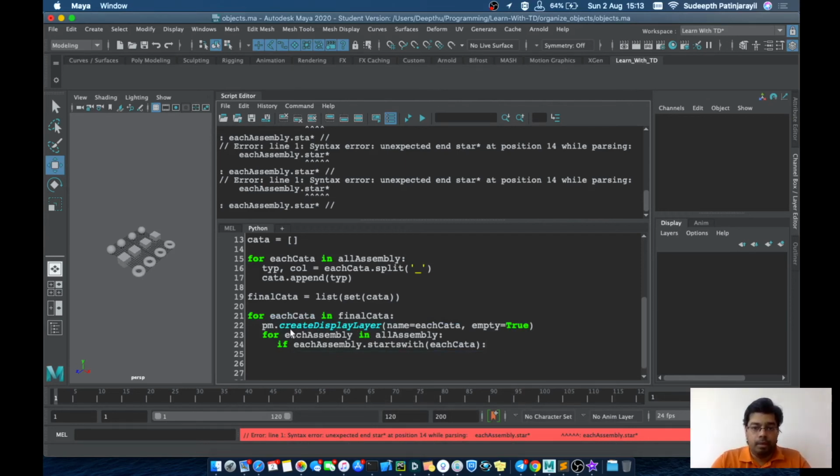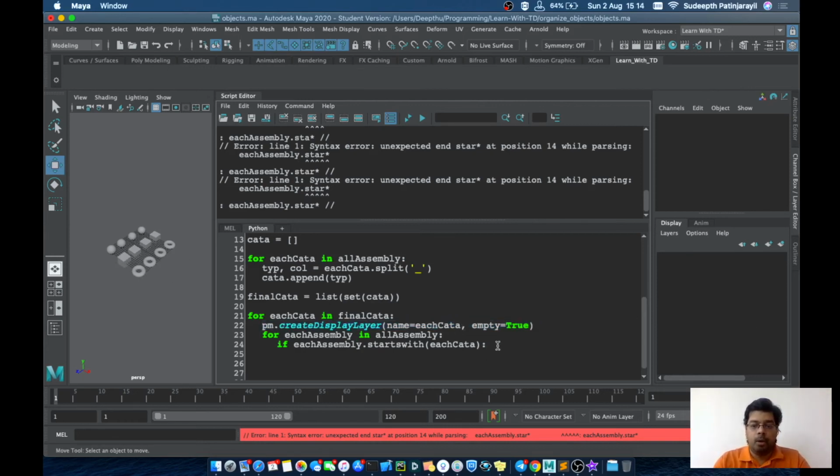If each assembly item is starting with the category name, then that will be added to the display layer with the category name. We have already created the display layer over here, and we are trying to add all these items to that display layer.